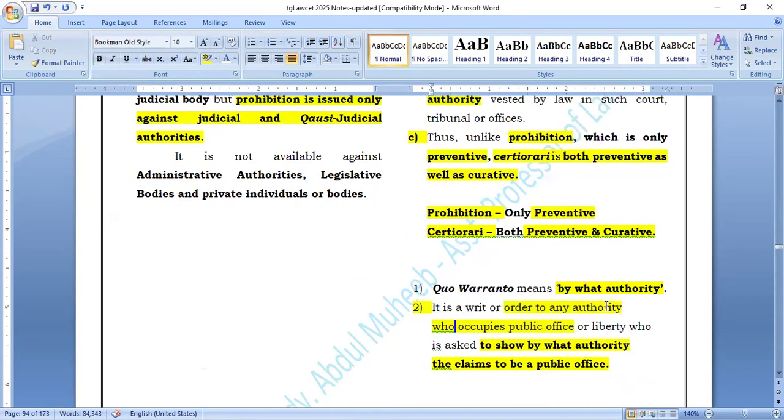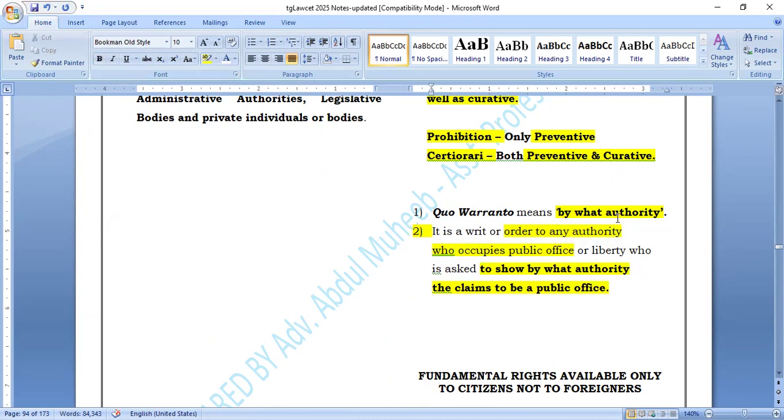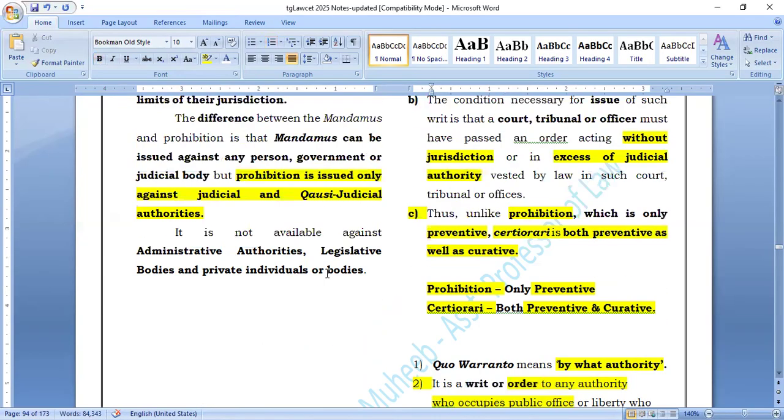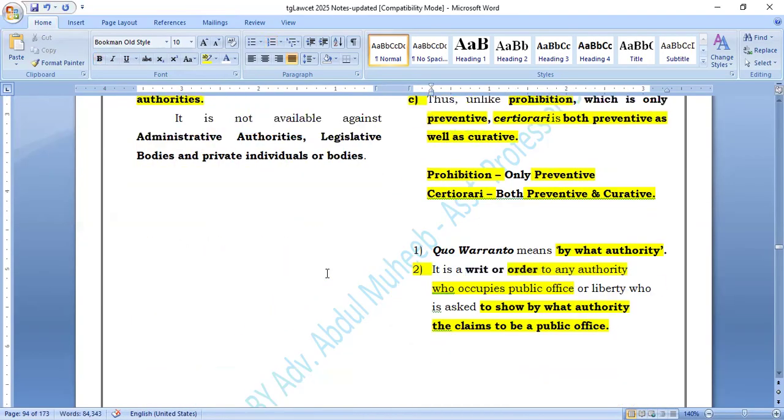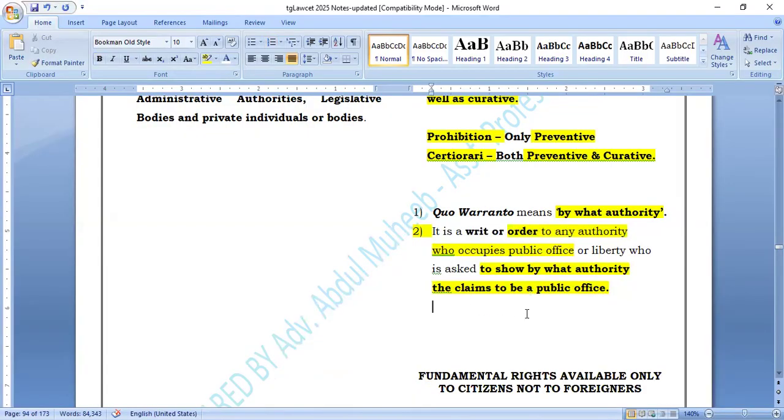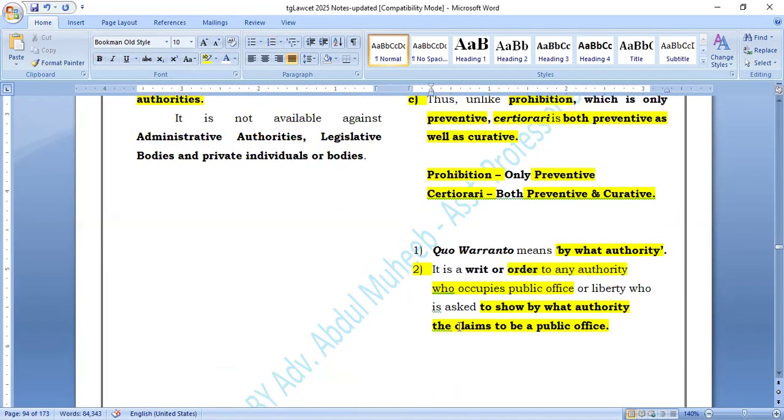तो इट्स वेरी क्लियर। को वारंटो मीन्स बाय व्हाट अथॉरिटी? इट इज अ रिट या ऑर्डर to any authority who occupies public office, who is asked to show by what authority he claims a public office. माने अगर कोई गलत सर्टिफिकेट्स लगा दिए और हाउ यू आर एलिजिबल टू ऑक्यूपाई ए पब्लिक ऑफिस, इट आस्क्स द क्वेश्चन। फर्जी डॉक्यूमेंट लगा के जॉब पे चले गए तो क्यू वारंटो उसके खिलाफ कर सकते हैं।